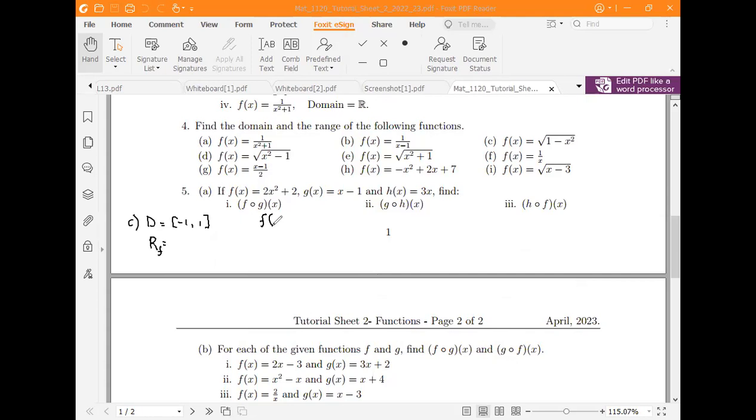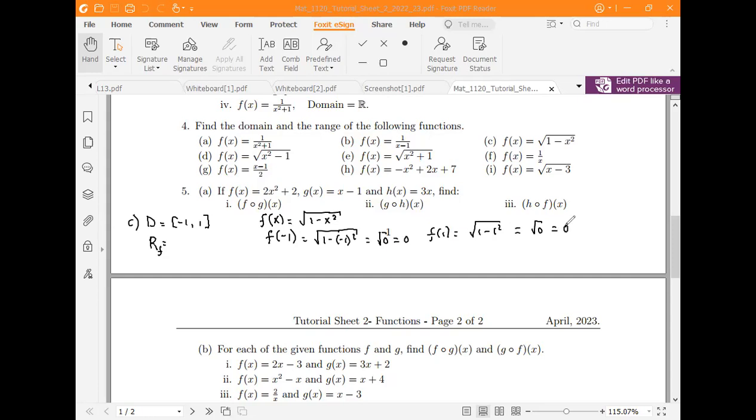We'll use f of x, the root of 1 minus x squared. So we are using -1 all the way up to 1. So if we use -1, we'll get f of -1 is the root of 1 minus -1 squared, which is √0, which is 0. F of 1 is the root of 1 minus 1 squared, which is √0 again,